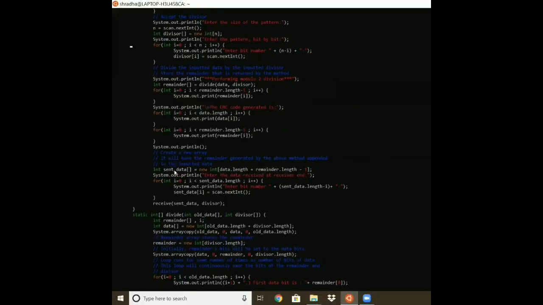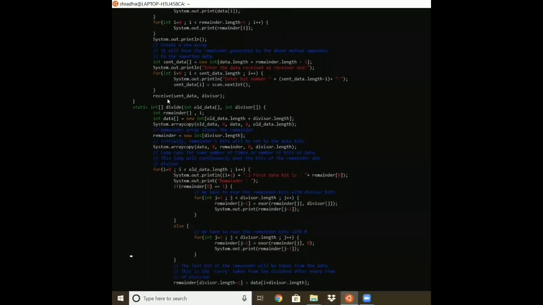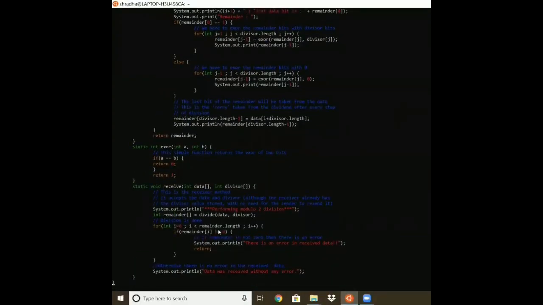Now we ask the user for the code that they receive, and we will check if there is an error or not. That is the main part of the second part of the code, where we ask the user for the received data, and then we call the receive function, which is here. So what happens here is we take the received data bits.